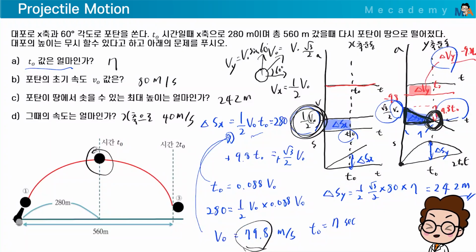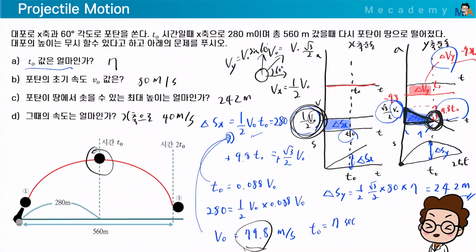This example was a bit challenging, wasn't it? Make sure you review it carefully, all right? We're going to use this exact method for all future problems, including both practice and applied questions. Exam questions will likely be similar, asking for multiple parts, but if you draw this graph, you can solve every part of the problem. So, when you see a problem, what is the very first thing you need to do? Vector decomposition. After vector decomposition, you just find the acceleration acting on the x and y axes, and that's it. Once you have the acceleration, you can draw the graphs, right?